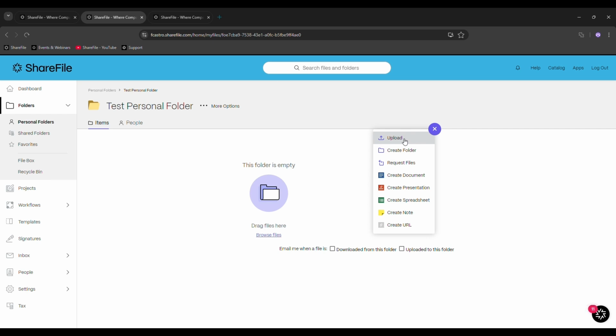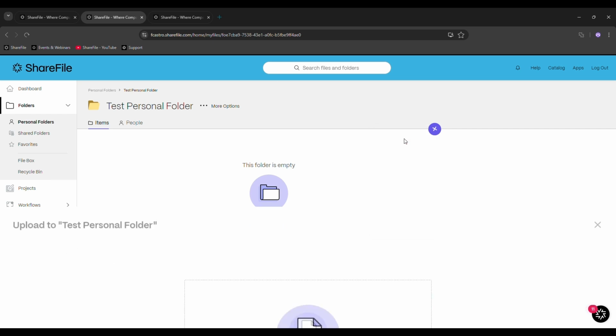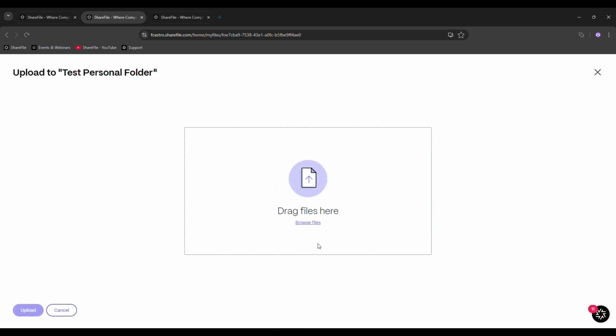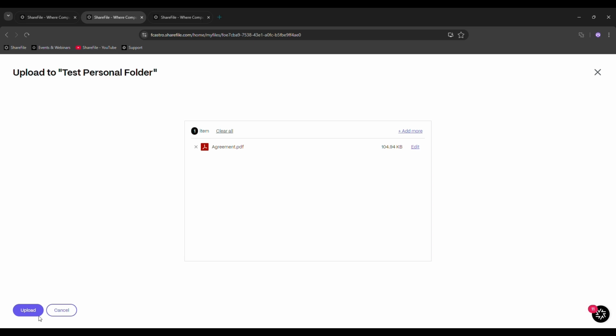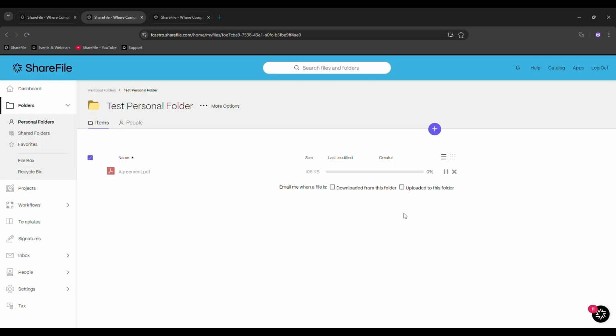Those options will take you to this exact same location. So if I click on upload, I have this window, and then I can click on browse files. I will be given this window, and I can select a file that I want to upload. I will click on upload, and now I have a file within my folder.